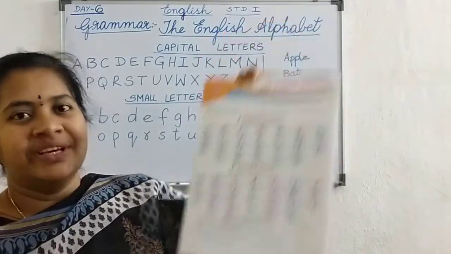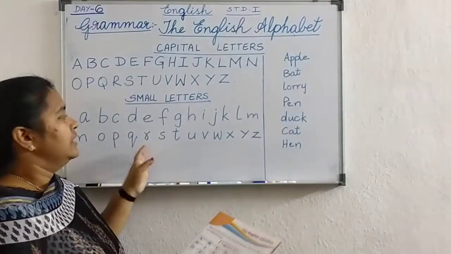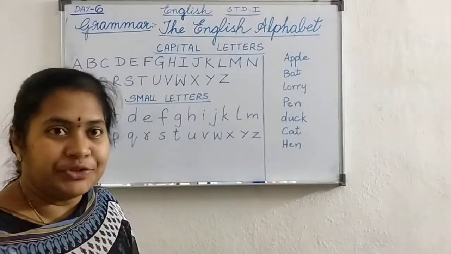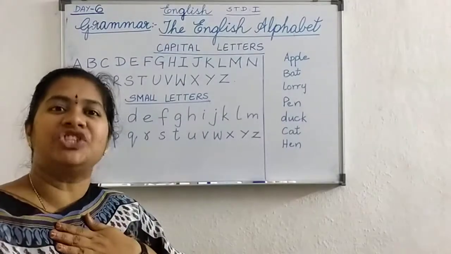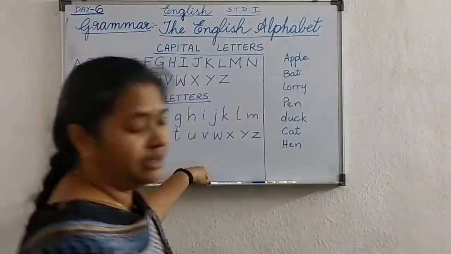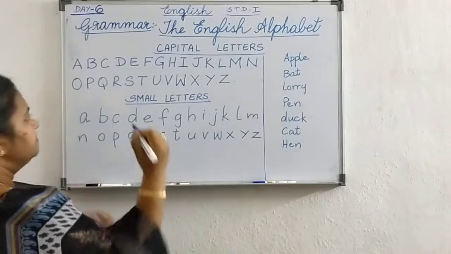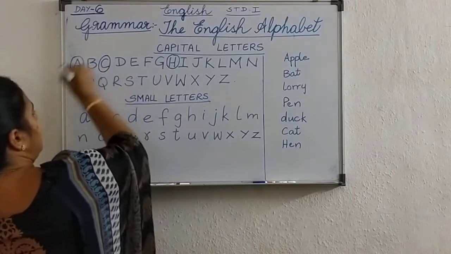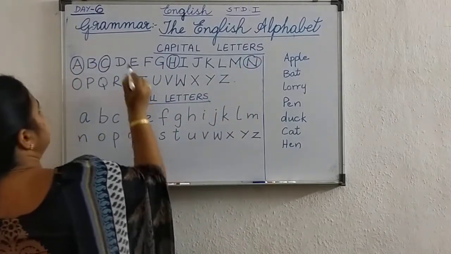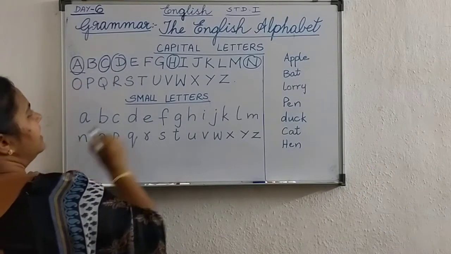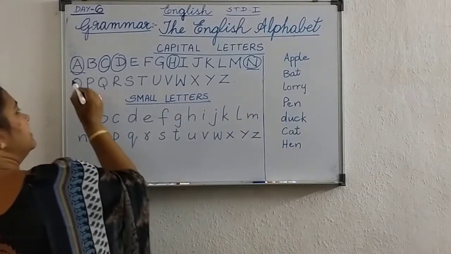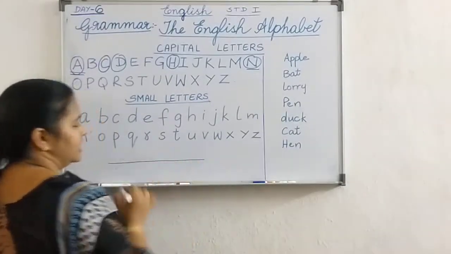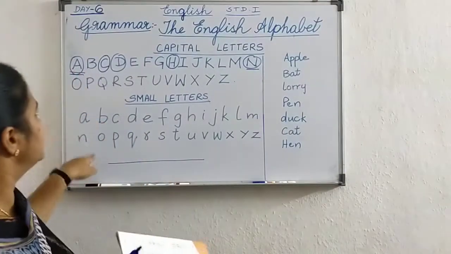Okay, all of you? Now, here, can you write your name? You can find your name in the capital letters. My name is Chandana. So, I am finding my name in this. C, H, A, N, D, again A, N, again A. Okay. So, in the first question, you can write your name by finding these letters.